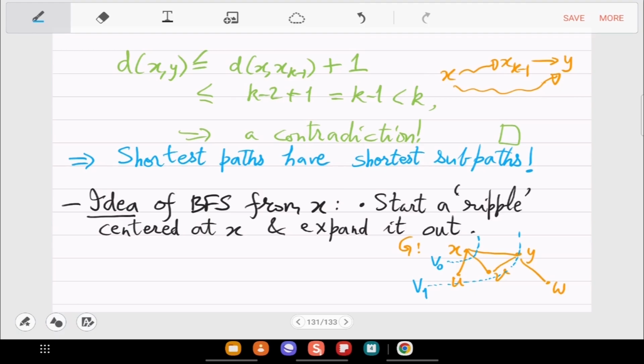Well, neighbors of V1 is actually the whole graph here, because u's neighbor is x, v's is x and y, and y's is x and w. So actually the neighbors of V1 are many vertices, but you should not care about the ones you have already seen. Right? So when I say neighbor of V1, I actually mean something new. So something new is only W. That's the one which has distance infinity. So that is the one which will go in V2 as the ripple expands.